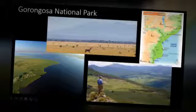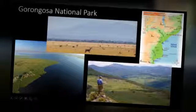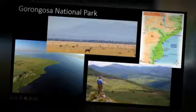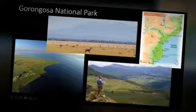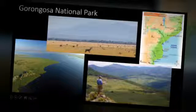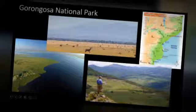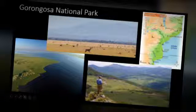The U.S. and the government of Mozambique signed a 20-year agreement to manage the park. In 2010, a wildlife survey showed that the number of wildlife had risen 40% in 3 years. It is now our job to help keep track of the many species in the area in order to know about the wildlife present in this vast national park and to continue the restoration of